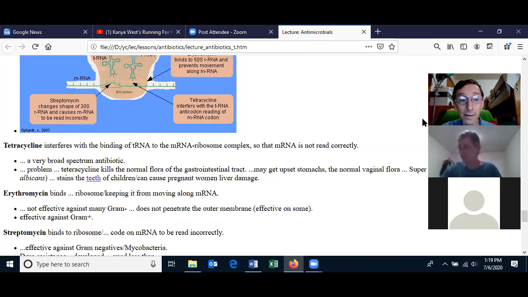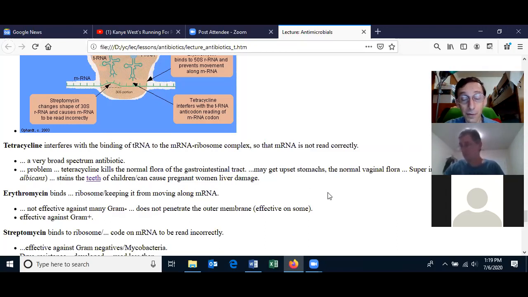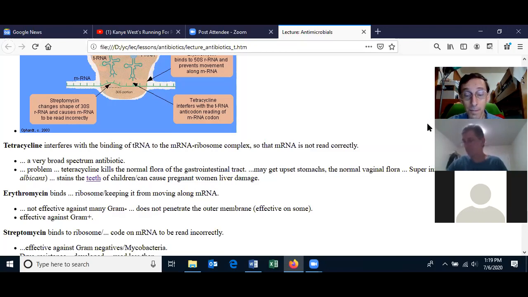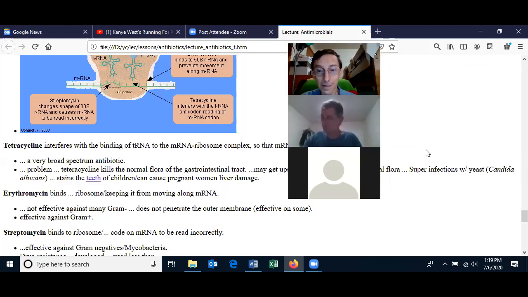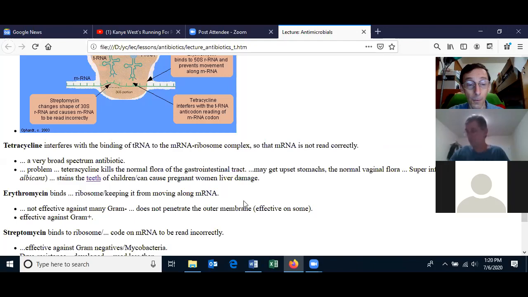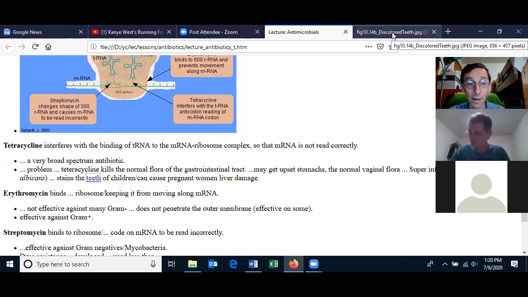Tetracycline, like I said, is a broad spectrum drug, so it can give other side effects, like the normal flora can be knocked down on the other parts of your body, such as in the vagina flora, and that may give rise to a superinfection with the yeast, Candida albicans, or you can get a skin infection because the normal bacteria on your skin are knocked down. And then something that's a little different, meaning it's not responsible for killing off the normal microbiome flora.